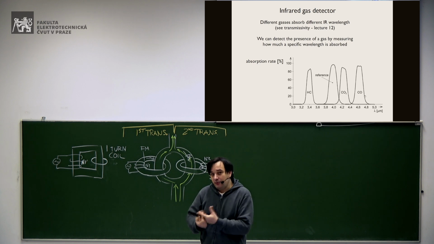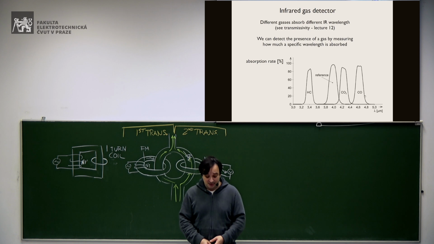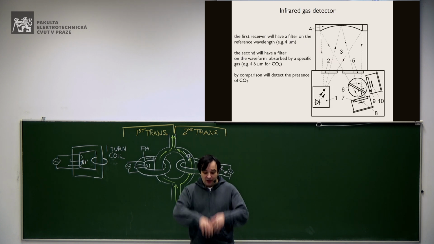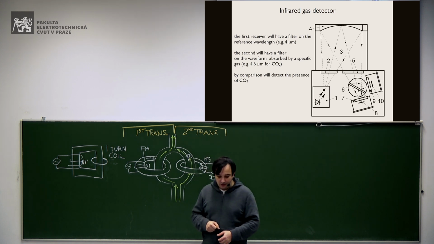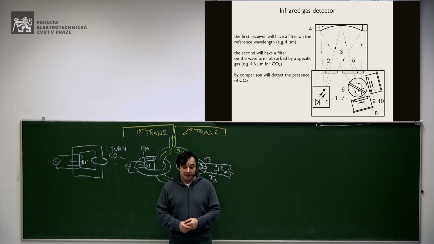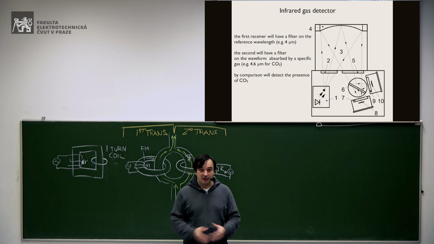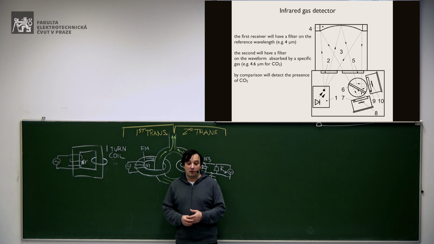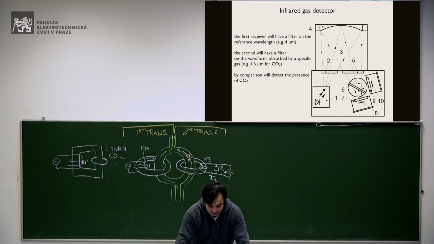So, how can we use this system to measure the presence of carbon dioxide or carbon monoxide, for instance? Well, we have a chamber where we inject some infrared light, at a wide spectrum of frequencies, okay? Then here we have a mirror. We will see later what we need it for.